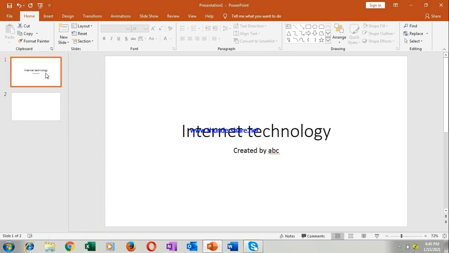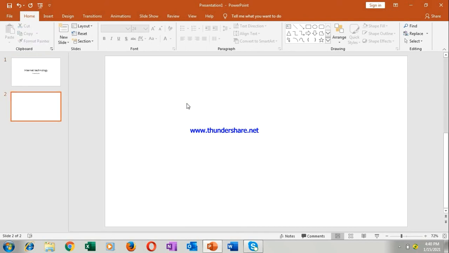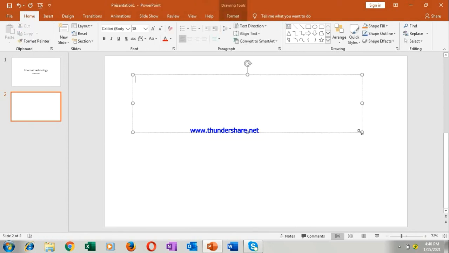In the blank slide you cannot type anything directly. So if I type, nothing comes here. Why? Because it is completely blank. For writing you have to click on this, and then can you see this text box? This is called a text box. After putting the text box, you can type anything in it. Now you understand? That is why a blank slide does not have any way of writing. You have to put a text box, then only you can write on this, okay.